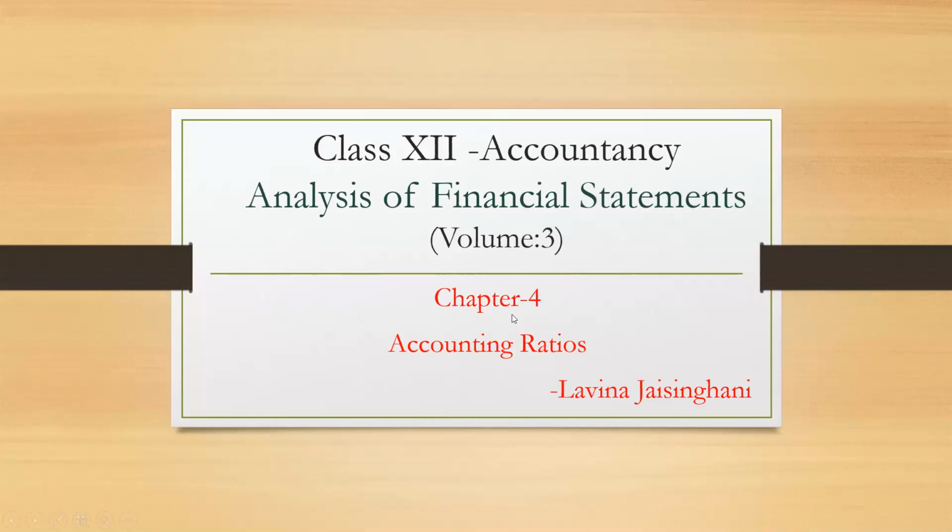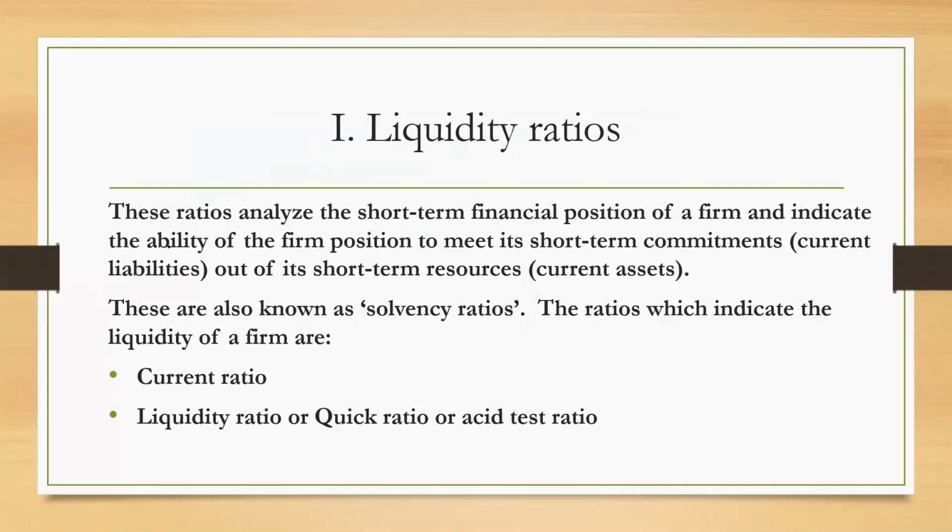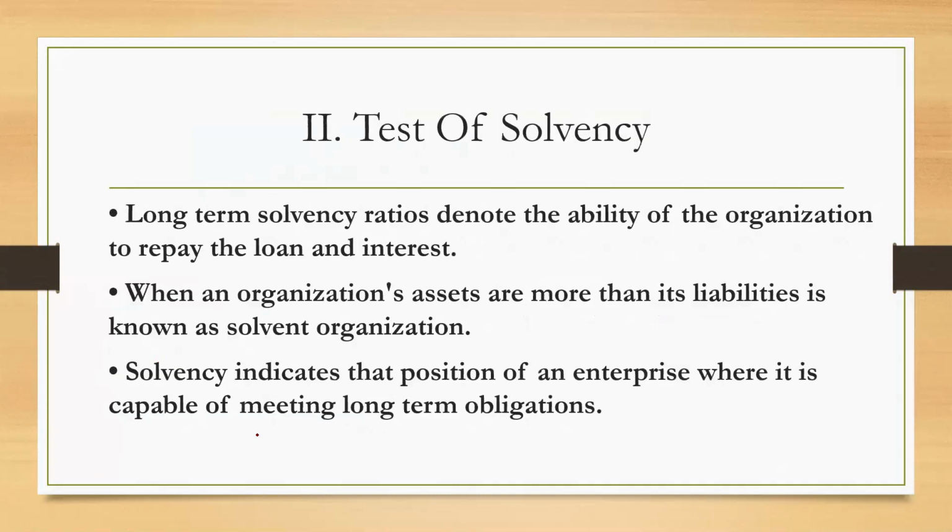We were on our chapter number 4, accounting ratios, and in that we have so far done sums related to liquidity ratio. We have covered two ratios, that is current ratio and liquid ratio. I hope you are clear about how to solve these sums and why these ratios are found out. Now in today's video, I am going to explain the test of solvency, that is ratios related to